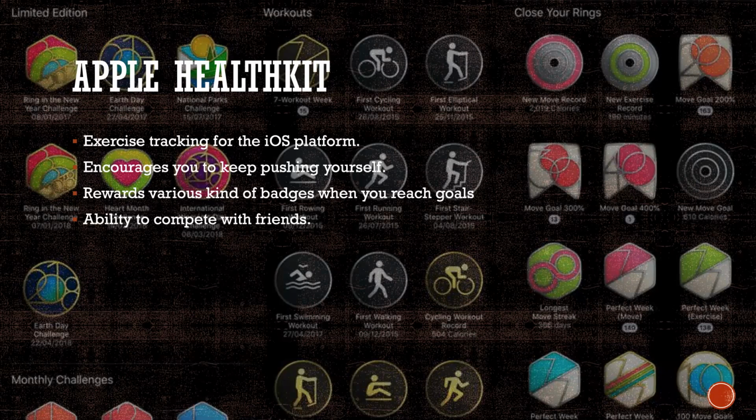And this has been really useful because it gamifies exercising and becoming healthy, and even probably losing weight. It makes it fun because you're always competing with your friends and you want to be the best amongst everyone. And in return, you get rewarded by becoming more healthy. And that's how Apple did it.